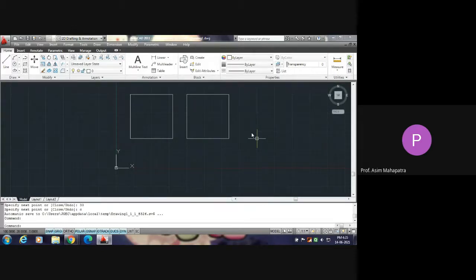The third method is to give the distance only. The angle or inclination will be determined by the position of the cursor. So these three methods are there to give input of any object, any entity rather.